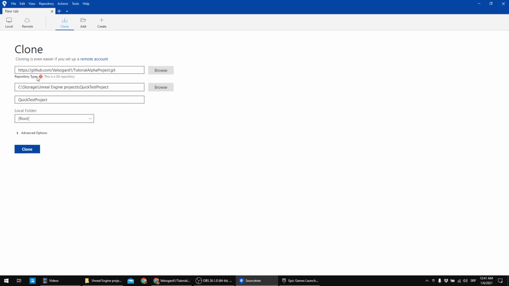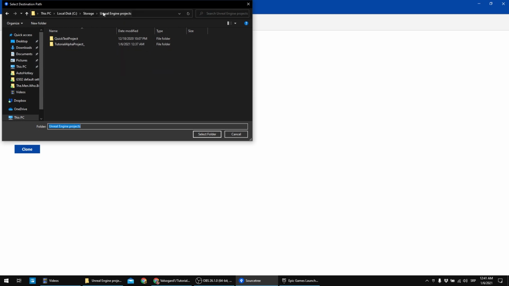Coming back to Sourcetree. Okay, so repository type. This is a Git repository, so it has been recognized. Okay, so now we have to select where we want to store our repo or clone it, and we can see this is the incorrect location of the project. I'm going to select the correct one. This is the old project. I actually don't want to select anything, but I'm going to right click, new folder and name it tutorial alpha project,